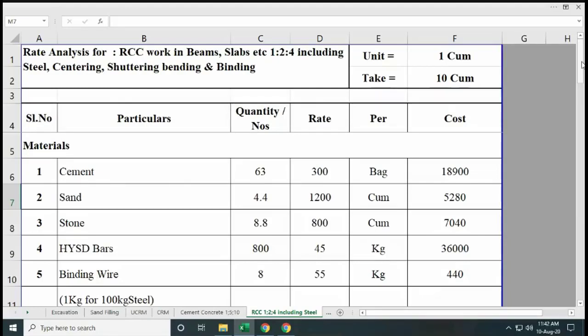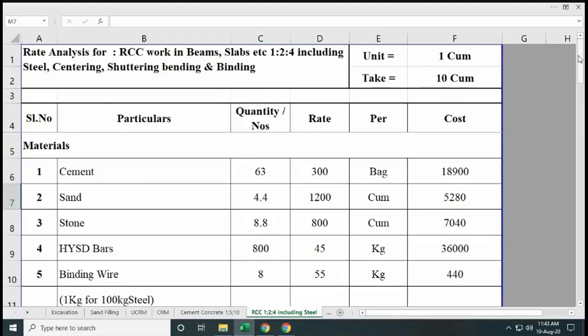Reinforcement is required. As per the dimensions, that has to be cut, brought to the location and placed. Then next, if you take any slab, bending is required. If you provide hooks, bending is required. Then the bars you have placed have to be tied with binding wires. So all these things, centering, bending and binding works, are inclusive of this. When you include steel, all these things, centering, shuttering, bending, binding, will come.